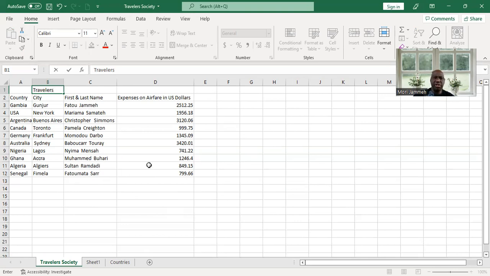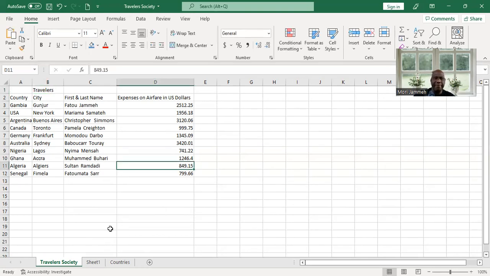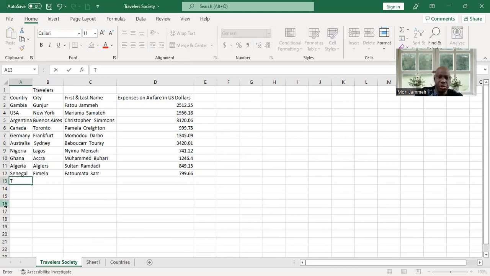That's the name of the column. And here what we can do is add all these amounts in airfare. To quickly add them, we can add a name here called total. That will be the total amount of money spent on airfare by all these